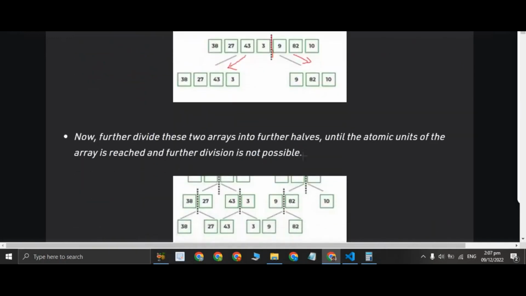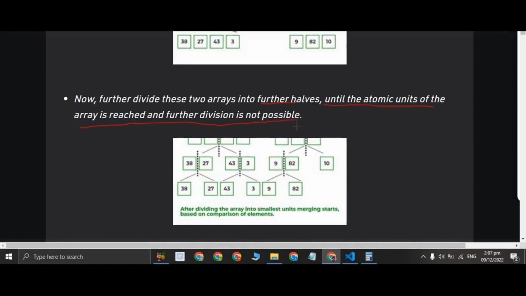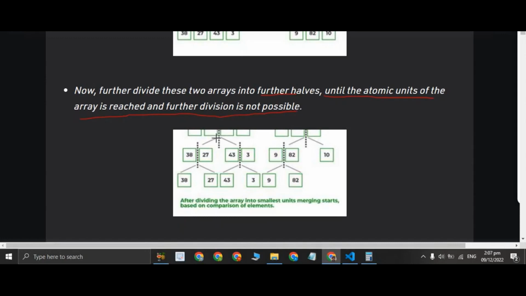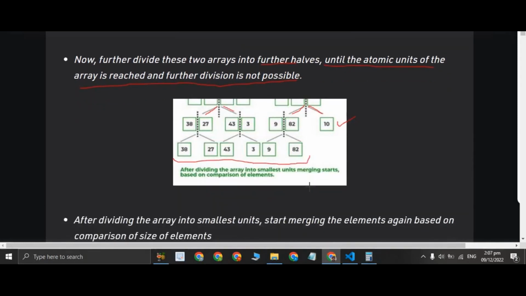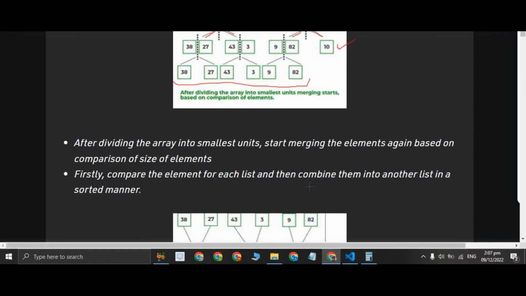Now further divide these two arrays into halves until the atomic unit of the array is reached and further division is not possible. So we will keep dividing this array like this, and after that we will again divide until these atomic values, meaning only one element is left in each cell, are achieved. After dividing the array into the smallest units,